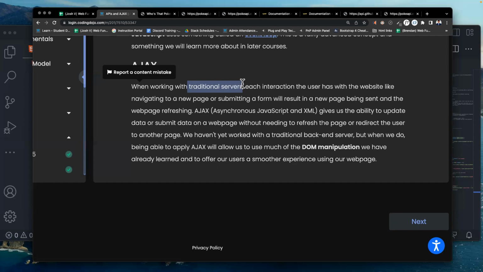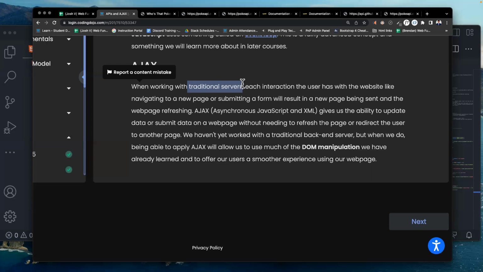So any interaction with that server, for example, let's say you're on Facebook, right? And you like someone's post. You liking that person's post is going to change the likes on that post, it's going to increase by 1. And let's say the person that posted it sees that like increase. Instead of them having to refresh their page to see the like increase, it's going to show up automatically.